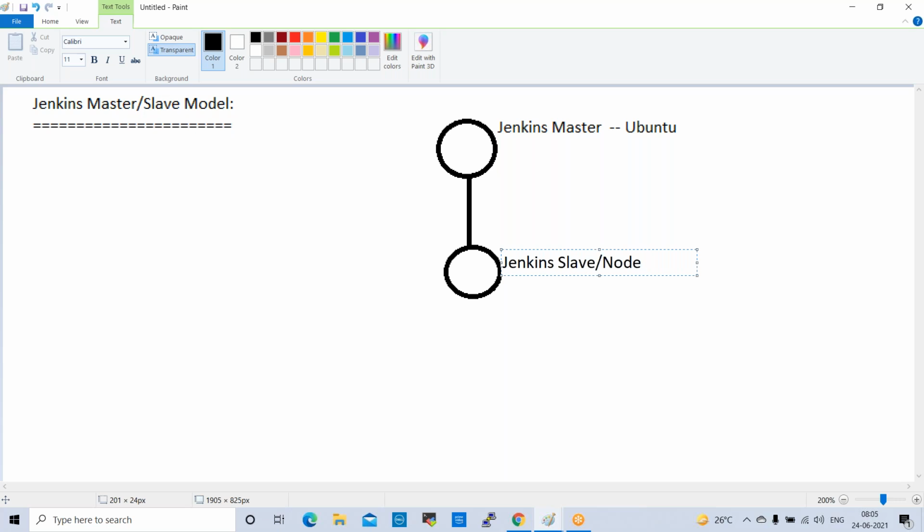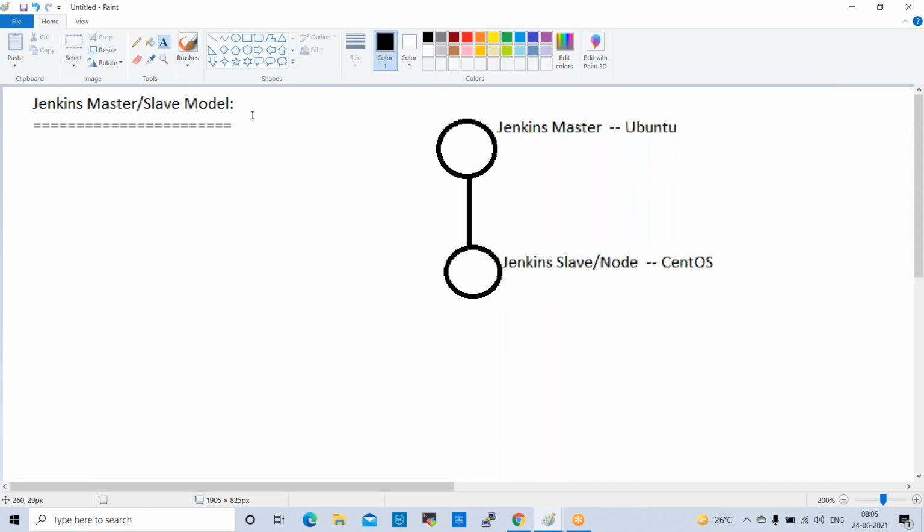So here we can take CentOS. So two different families we can take for this master and slave model. What are the flavors available in Ubuntu? This is the Debian family. So we have two families, right? Debian and Red Hat.